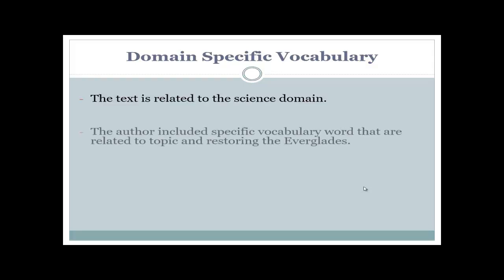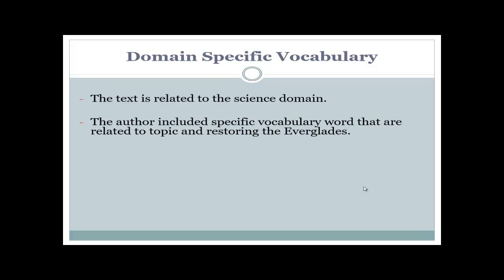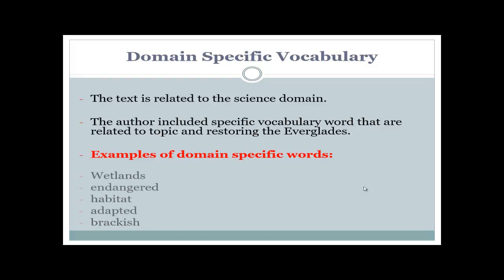Examples of domain-specific words would be wetlands, endangered, habitat, adapted, brackish. These words are considered to be domain-specific words, which means vocab words that are related to the science area and to restoring the